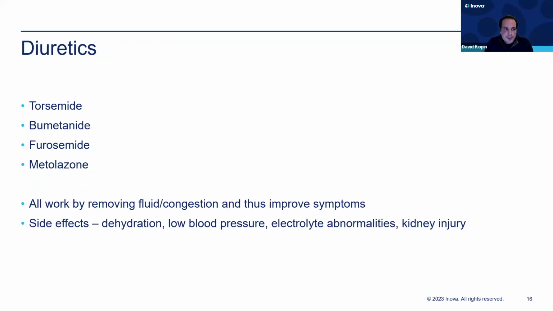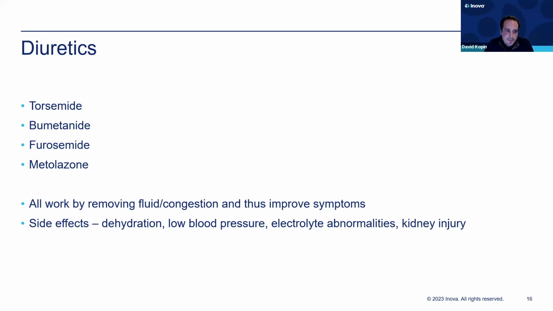So now going through each one of these classes of medications in some detail, we have first diuretics. So all of these diuretics work by removing fluid and removing congestion to help improve symptoms. The specific diuretics that we use are listed on the screen: torsemide or Demadex, bumetanide or Bumex, furosemide or Lasix,